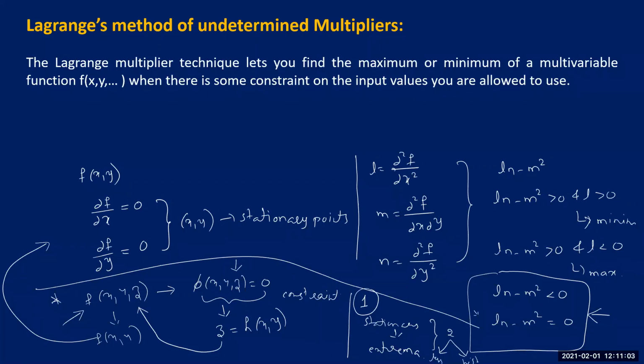But the biggest advantage in Lagrange's method is we are simply avoiding all these stationary points where you won't get any kind of extreme value, right? So when we proceed in Lagrange's method of undetermined multipliers, we have no need of finding even these second order derivatives. Directly, only by finding the stationary points, we can evaluate the function values, the extreme values, right? So directly, Lagrange's method gives us only stationary points where we get extreme values. Okay, so that's the basic idea behind Lagrange's method.